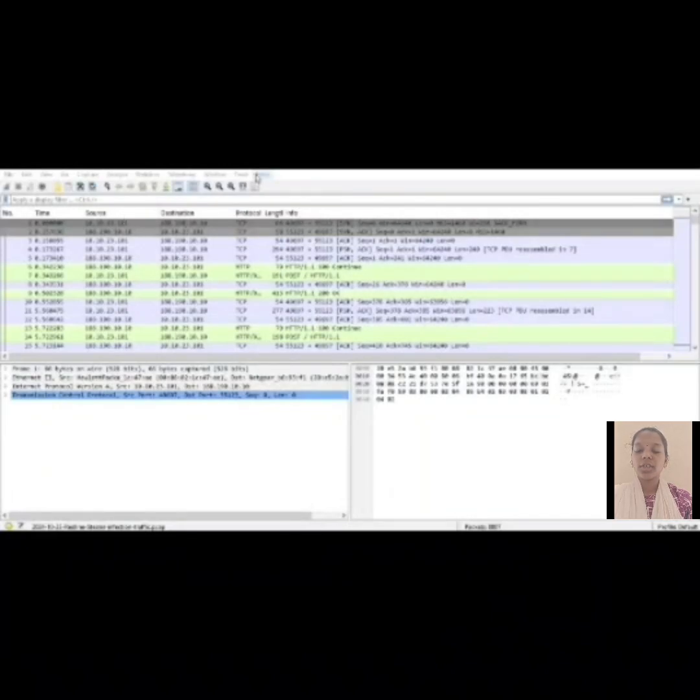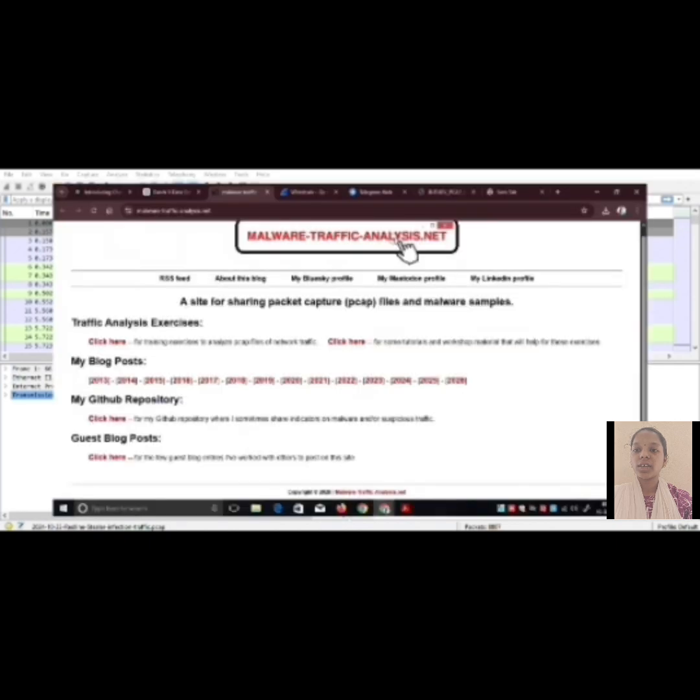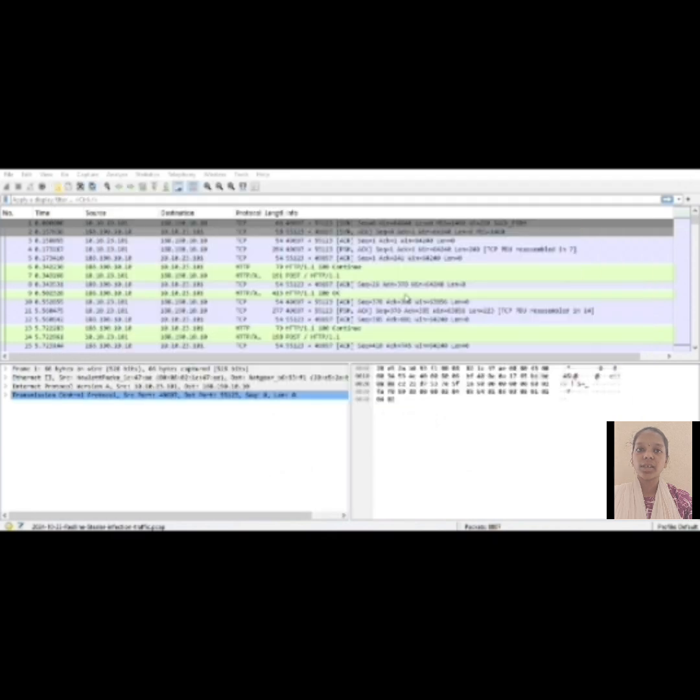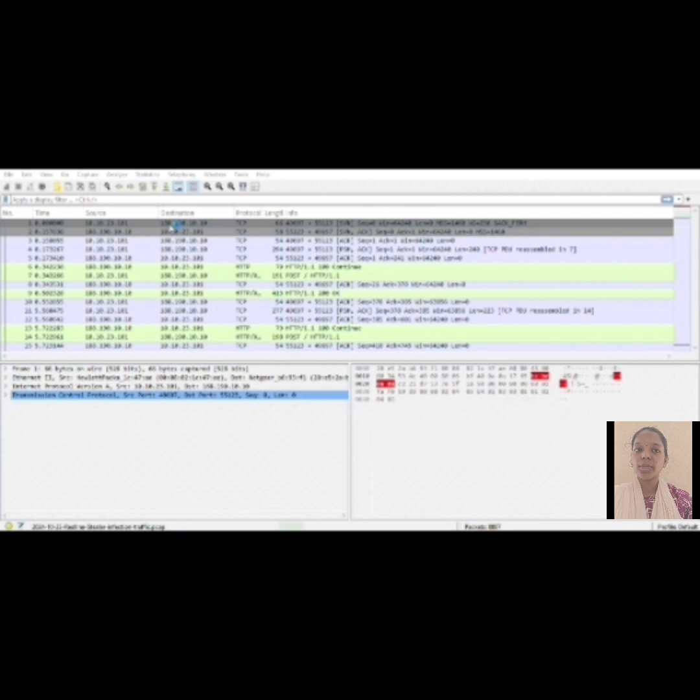In this video, I will demonstrate the analysis of a PCAP file for detecting data exfiltration activity using Wireshark. The selected sample is the Redline Stealer infection traffic captured on 23rd October 2024. The objective of this analysis is to identify suspicious network behavior and map it to MITRE ATT&CK techniques.